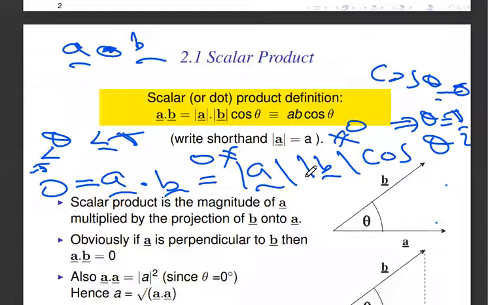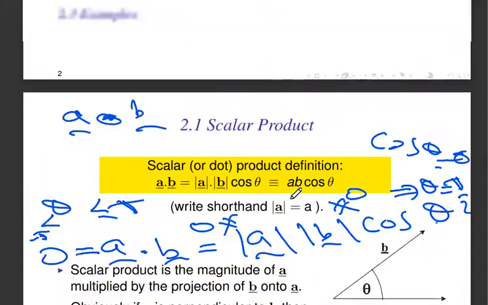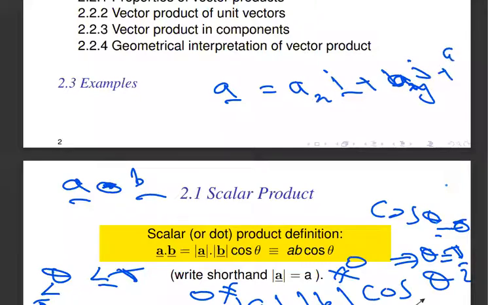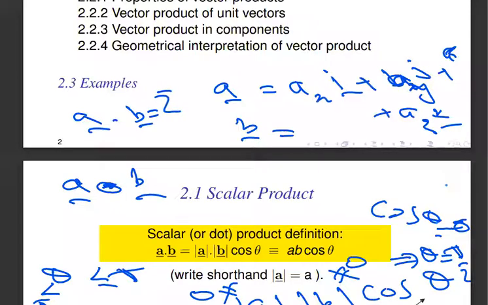Or if you don't know the angle and you know the coordinates, let's say A is AX i plus AY j plus AZ k, and similarly you can define B, then the dot product of A and B is the sum of